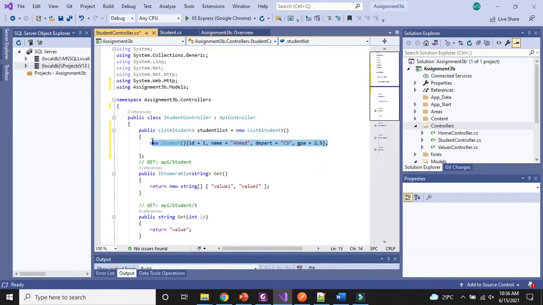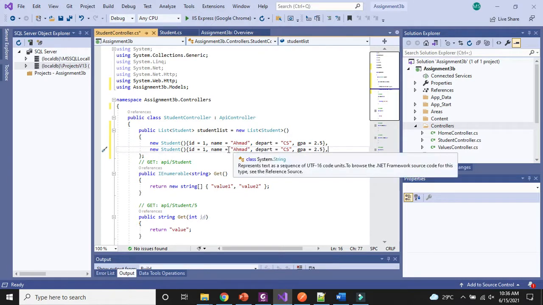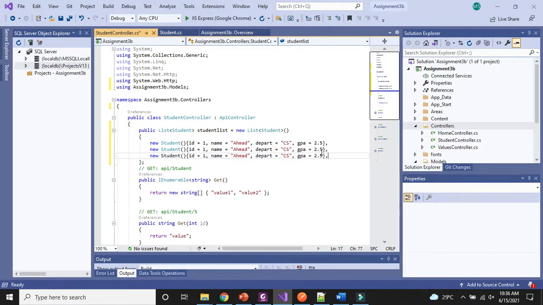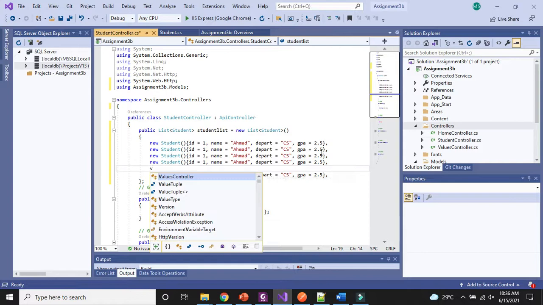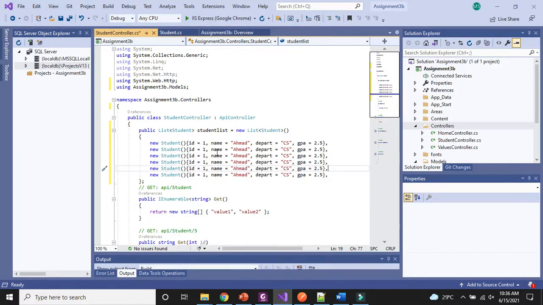So I will make some other objects of this student. I will continue, and I will create up to 6 or 7 objects. I will change their IDs: 2, 3, 4, 5, 6.